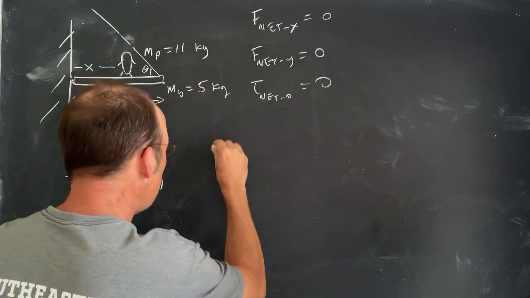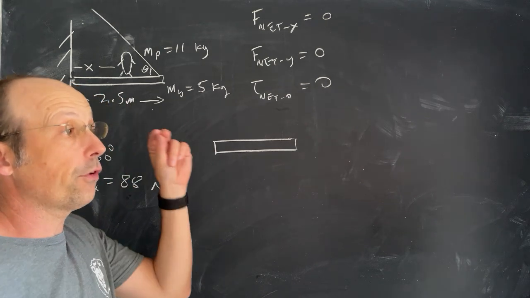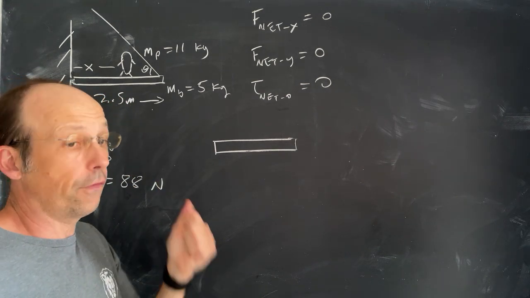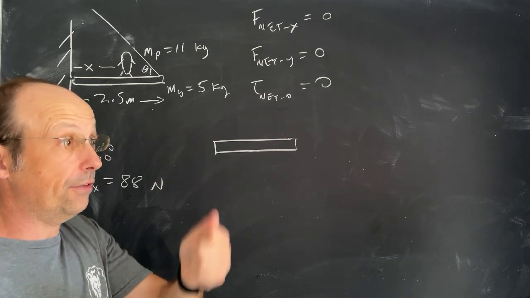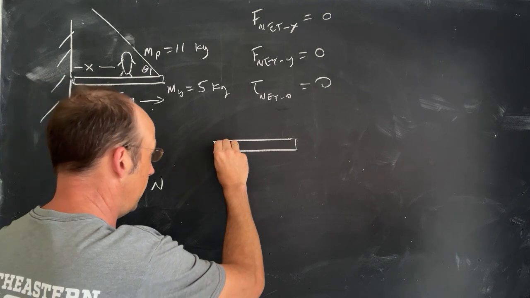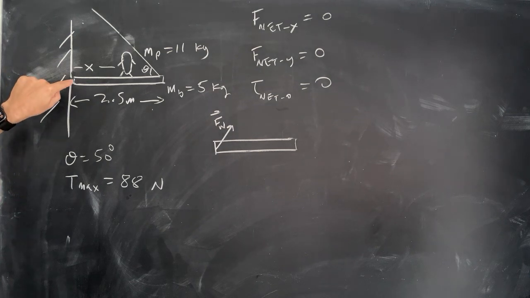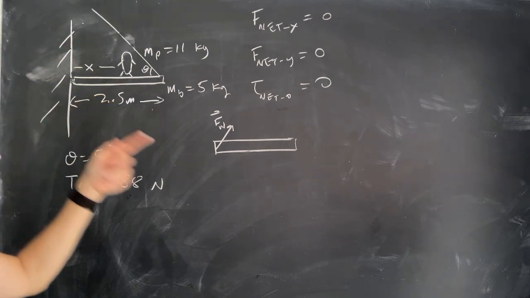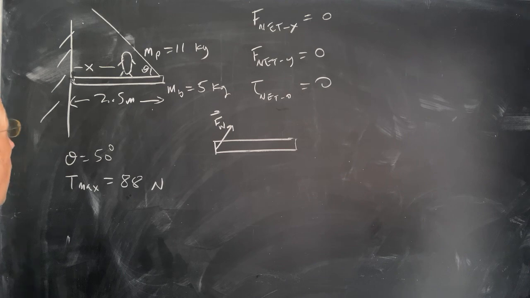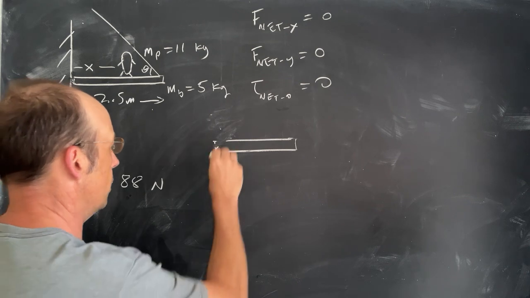Let's start off with a free body diagram, or we should say a rigid body diagram, for the plank. I want to draw all the forces acting on the plank, and I want to place them where those forces are applied. The first thing, I'm going to draw F wall. The pin right here pushes on the plank, it has to. I don't know exactly what that force is, and that's fine. Maybe we can find it. I should break it into a horizontal and vertical component, because it'll be easier to set up these equations. So let's call this